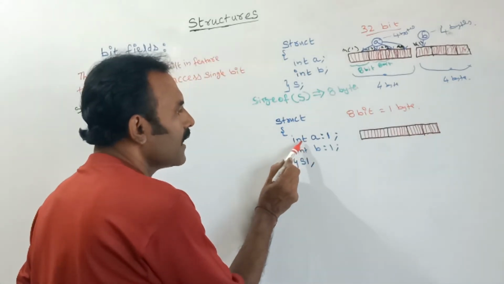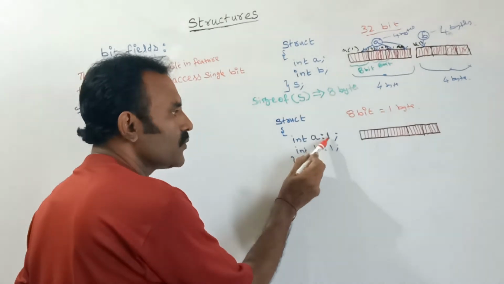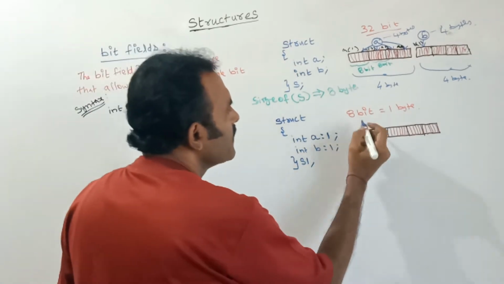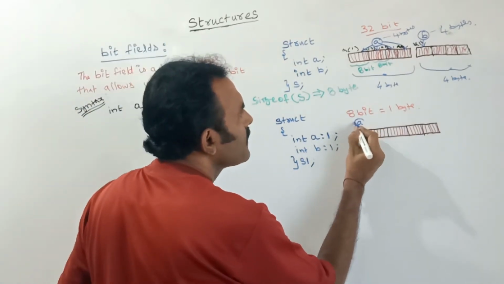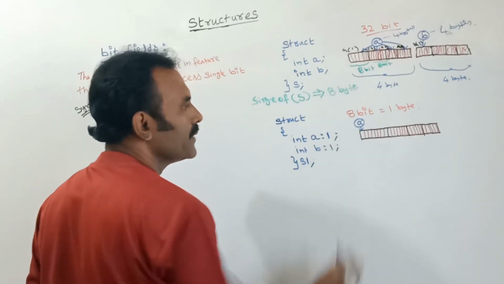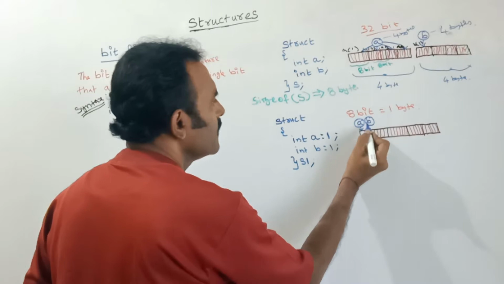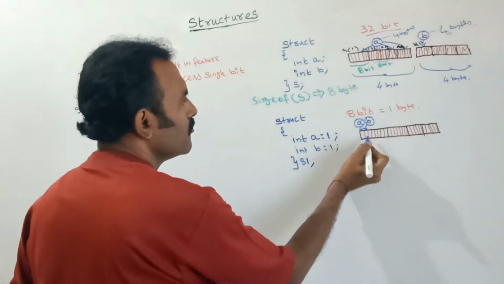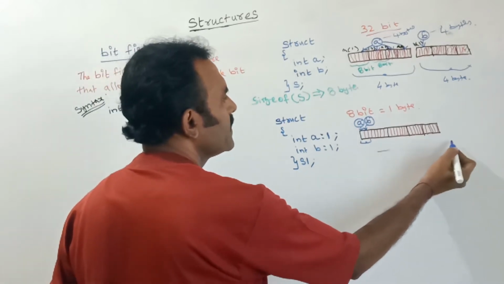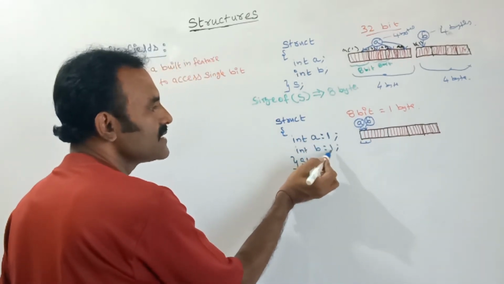Here what I am telling is, I am declaring the structure member, then I am allocating only 1 bit for A. So A will be declared here. Then for A I am using how many bits? Only 1 bit. Next, in the same way for B, I am assigning 1 bit for B. So totally these 2 bits were occupied. Total bytes is 4 bytes. Here not even 1 byte is occupied, because this is a single bit only.